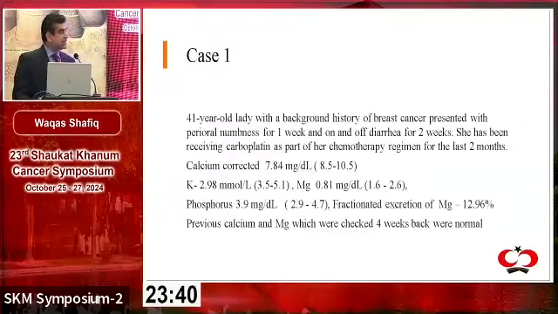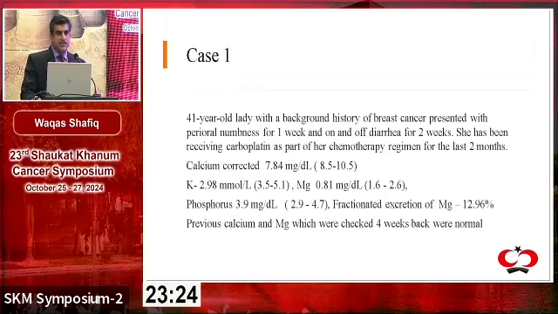So the first case is a 41-year-old lady with a background history of breast cancer, presented with perioral numbness for 1 week and on and off diarrhea for 2 weeks. She has been receiving carboplatin as a part of her chemotherapy regime for the last 2 months. She had a corrected calcium of 7.84. She had a low potassium, low magnesium, phosphorus 3.9,